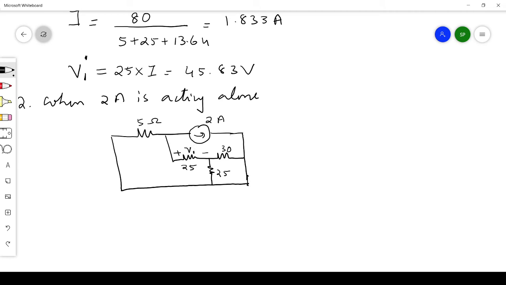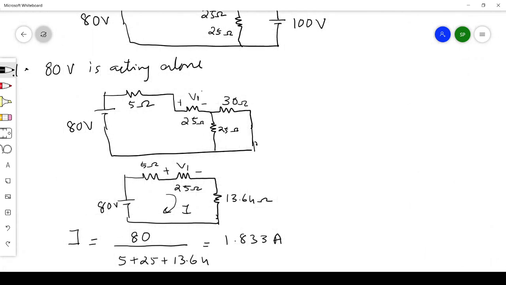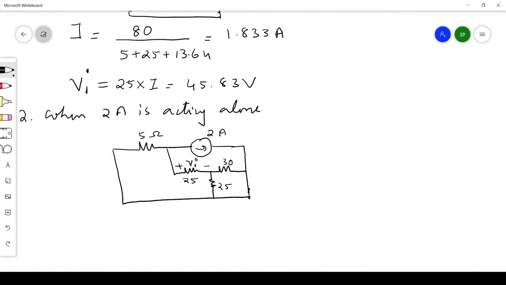Okay, let me put it as V1 double dash there, because the first one I made it V dash, second one I'm making it V double dash. Okay, V1 double dash. Now the current through this 25 ohms we can find it, right? So by current division rule,